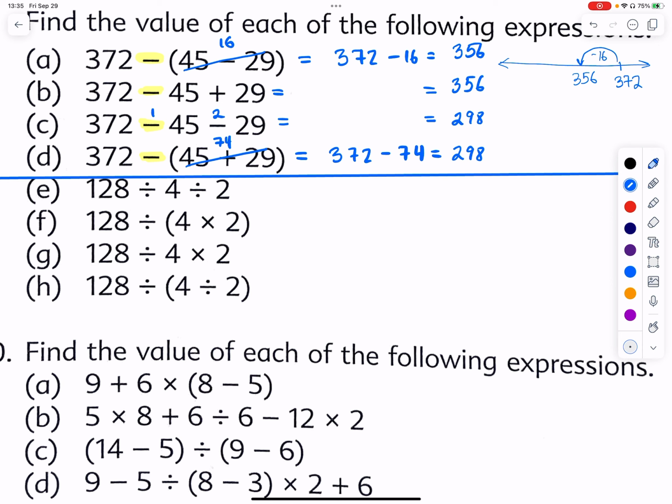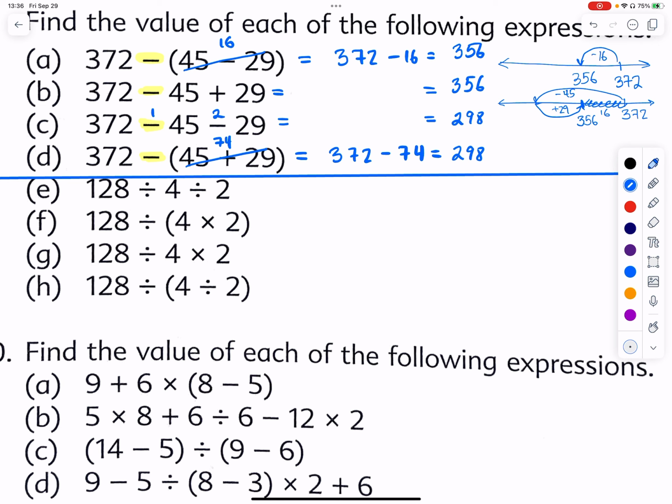What happens in example B? We have a number line. And of course, again, we start with 372, just like in example A. We subtract 45. Let's go back on a number line, minus 45. And then we add 29. We add 29. Notice we landed on the same spot, 356. Because this difference, the total difference was only 16. We will learn more about the details of why this works later on in pre-algebra, but I want you to